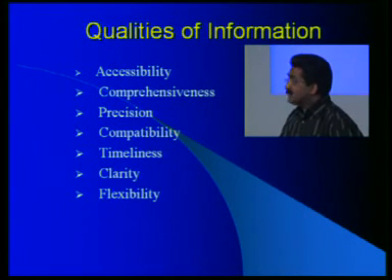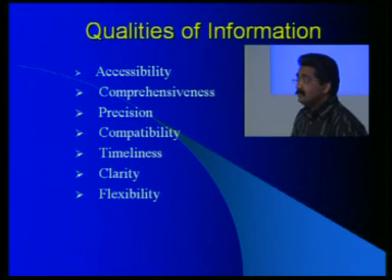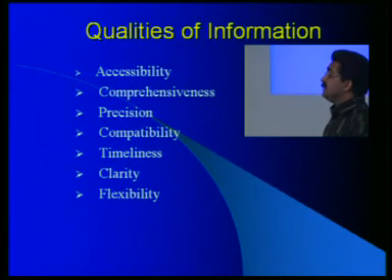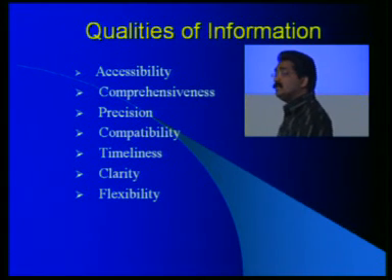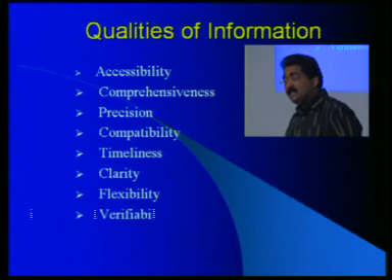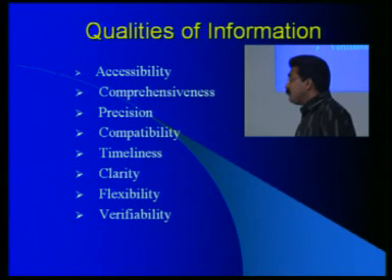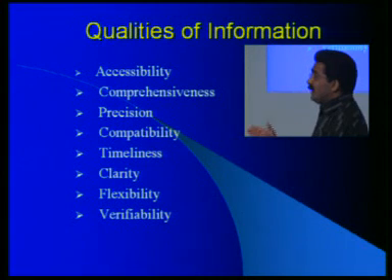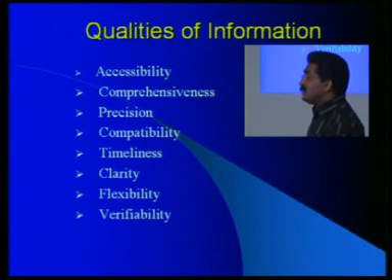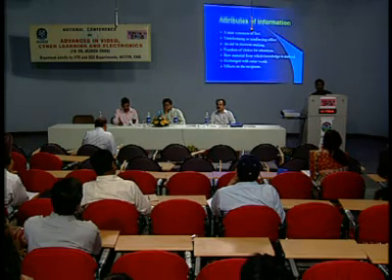Then clarity and flexibility. It should not be rigid. When you get information in the shape of e-books or e-journals, you should be flexible enough to mold it according to your own goals and objectives. Then verifiability. The concept of verifiability is that you are not copying the information, and it must be verified against a reference to a particular journal or book, whatever it may be. Then it must be free of bias. Then quantifiable: it must be measurable in certain quantities.